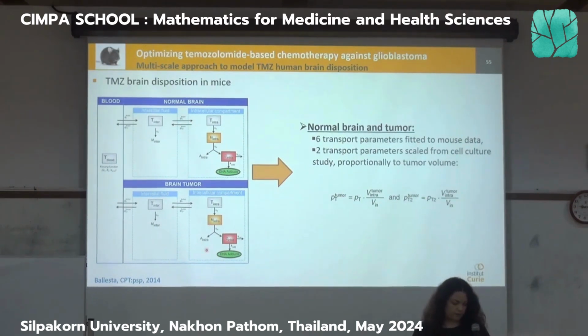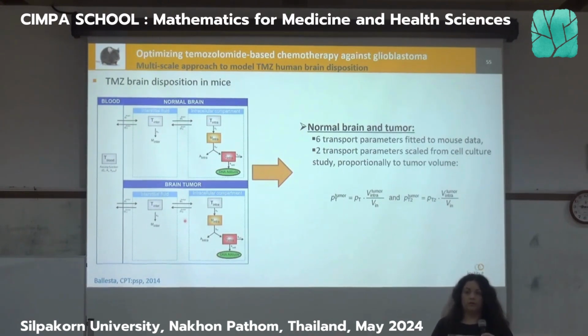So now we need to scale the transport parameters because they do depend on the volume, or more precisely, they do depend on the contact surface between the two compartments. As you may remember from the definition of the first Fick's law, the parameters of the transport between two compartments through a cell membrane will depend on the contact surface between the two compartments.